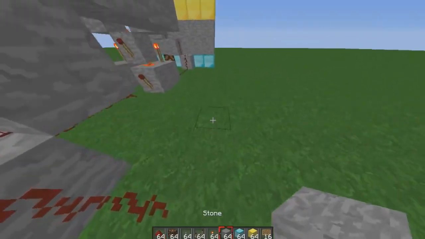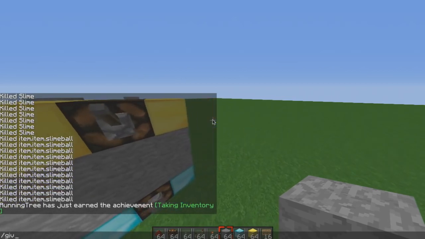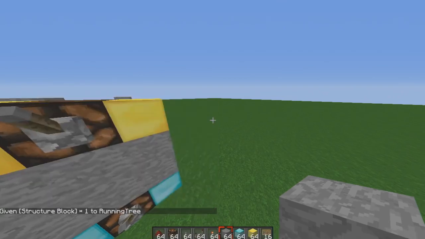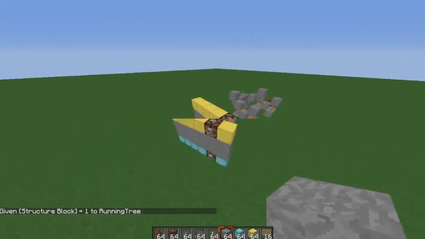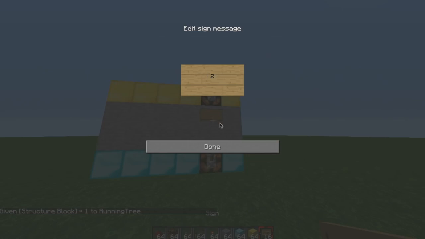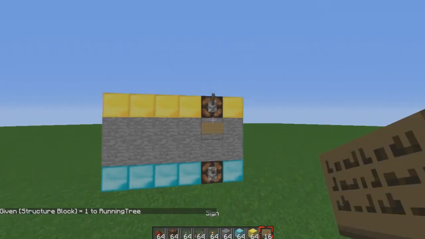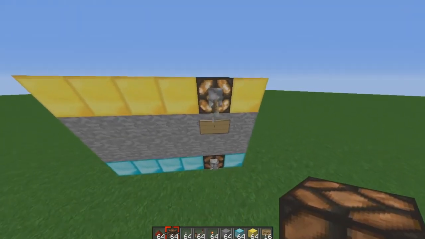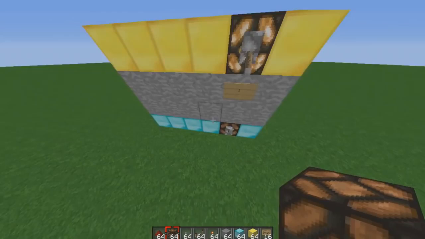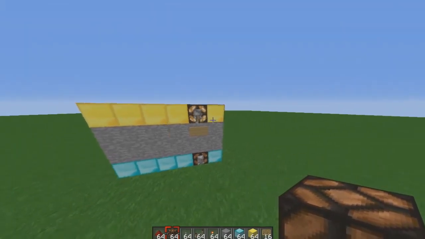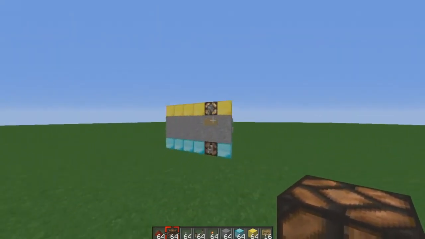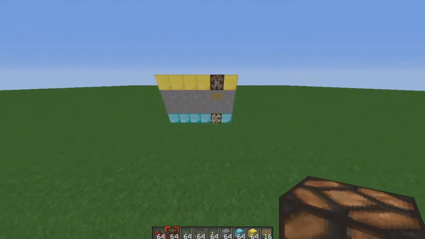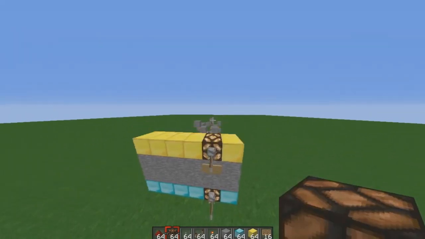Boom. All right, so now he's built his first complete adder. Can you show them 1 plus 0? Get the structure block first. So show them the interface of 1 plus 0. So right now we only have our ones column in, and now put in 1 plus 0. Do you see how the gold line is on and the diamond line is off? That's 1 plus 0. Now do 0 plus 1. Good. And now look, 0 plus 1, you see how the answer is 1. And now do 1 plus 1.